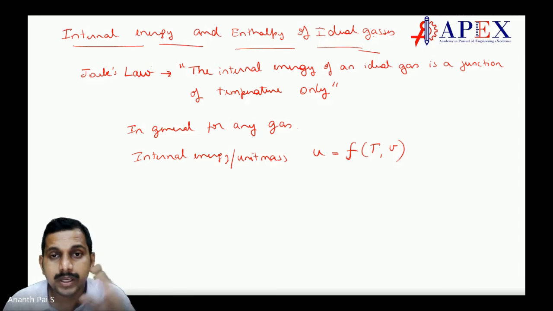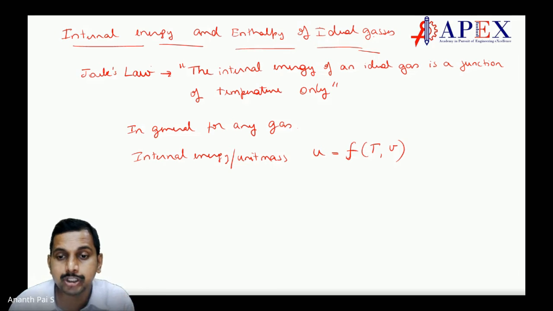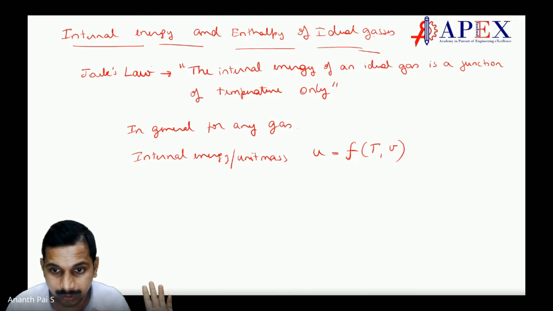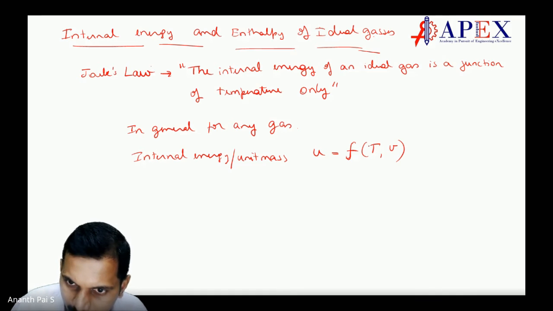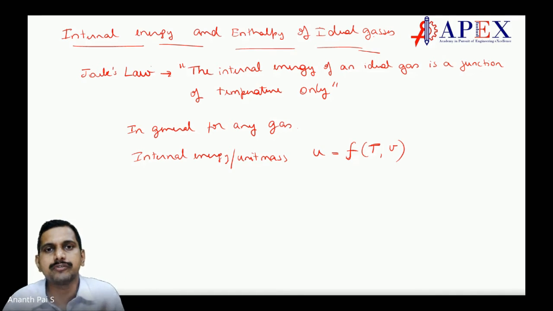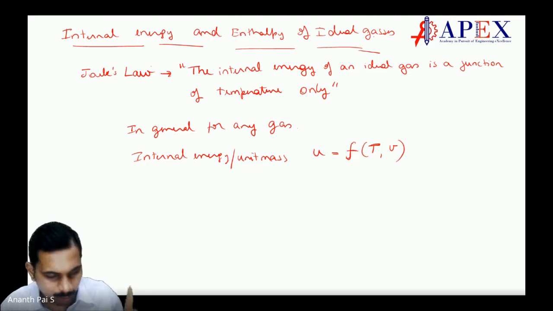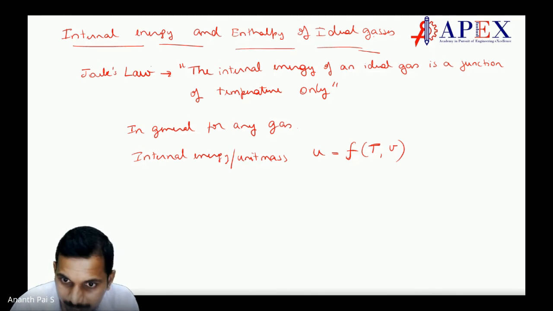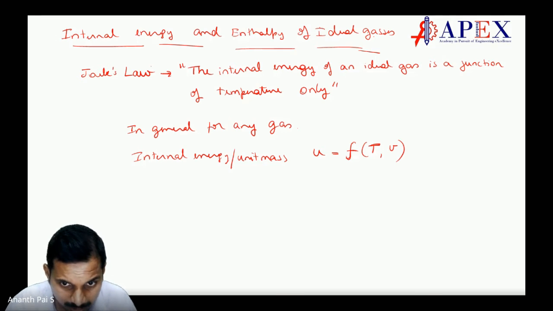Specific volume. I could have written U as a function of temperature and pressure. I could have written U as a function of temperature, pressure and specific volume. Anything I could have written. But I have chosen U as a function of temperature and specific volume. If I take it like this, then what happens here, which is generally the case, I can write du